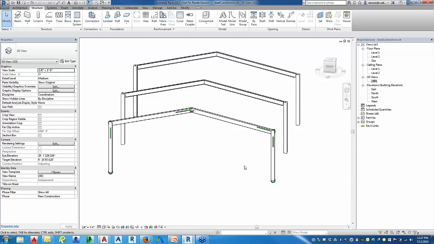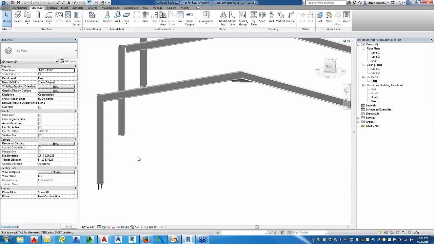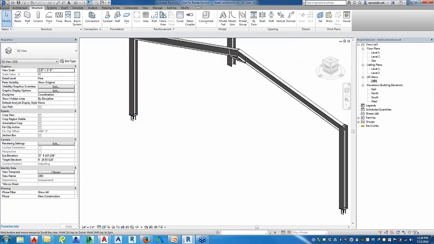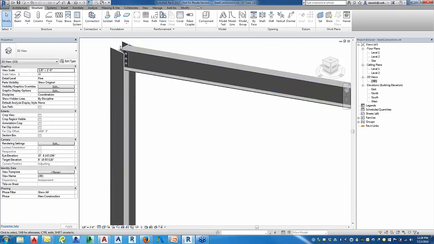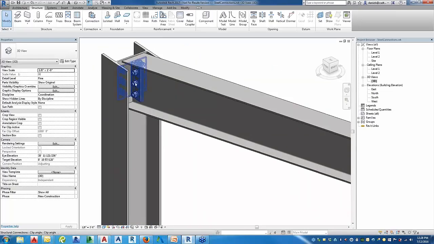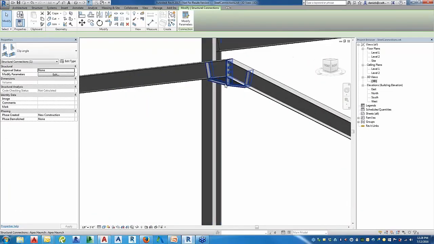Okay, so just for an example I'm going to go ahead and set this visual style to shaded here. And in order to see these connections, you're also going to have to go down to the level of detail, and you're going to have to turn it on to fine in order to see the actual connections here. So there's my base plate, clip angle. I'll go ahead and select that. So you see it's pretty detailed actually,